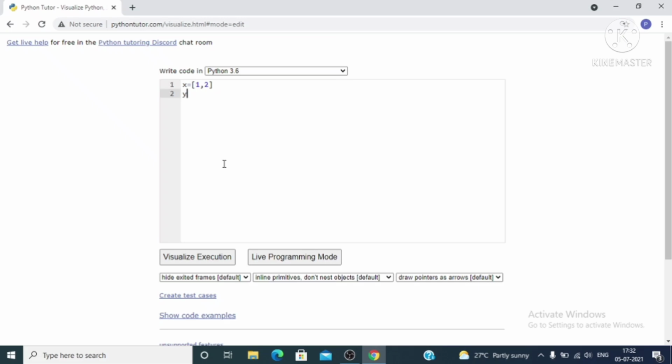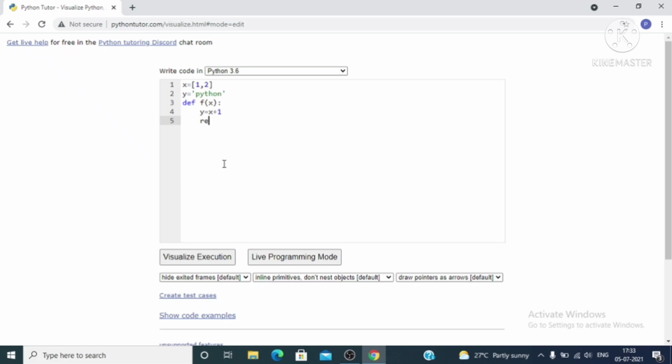Y is the string Python. Now the third line, def f(x): pass x as a parameter to the function. f: y is equal to x plus 1.